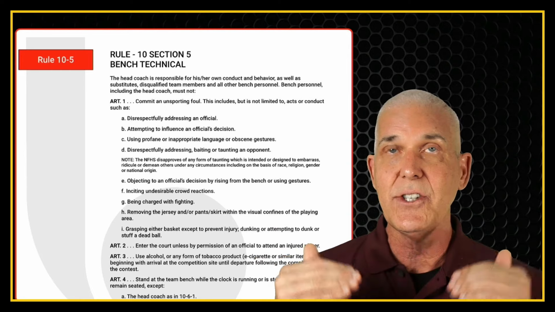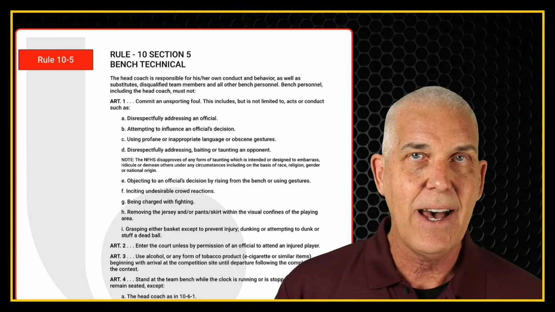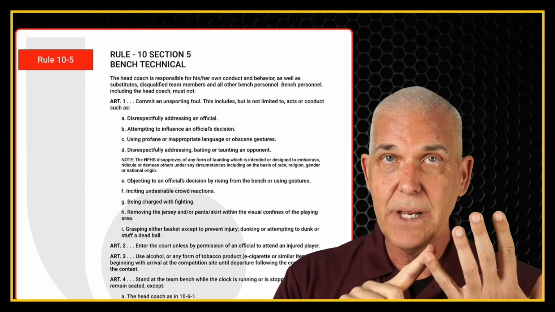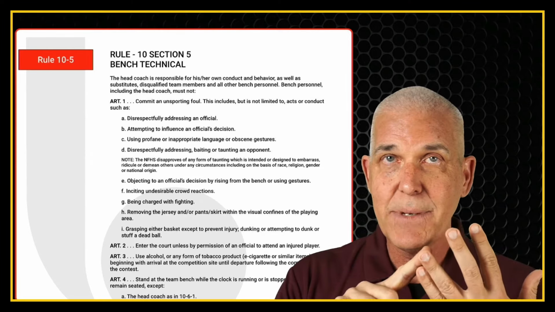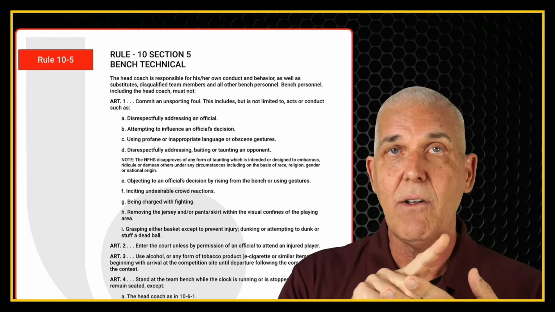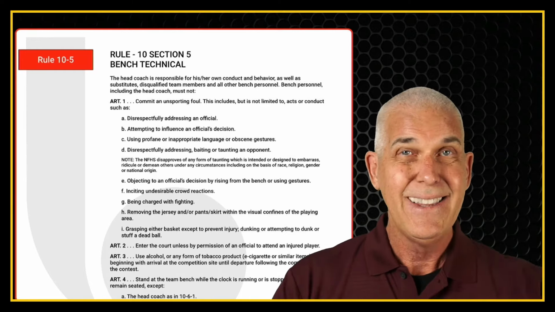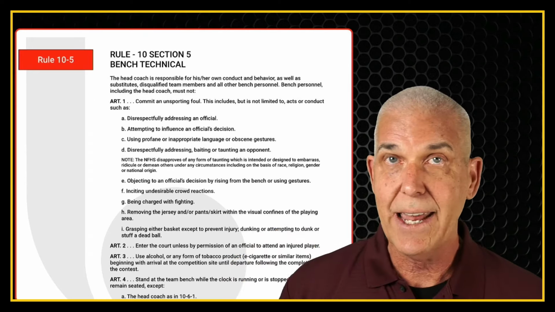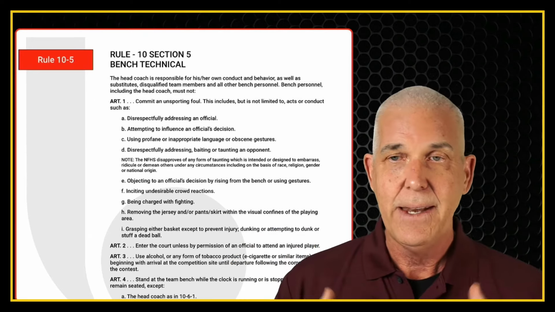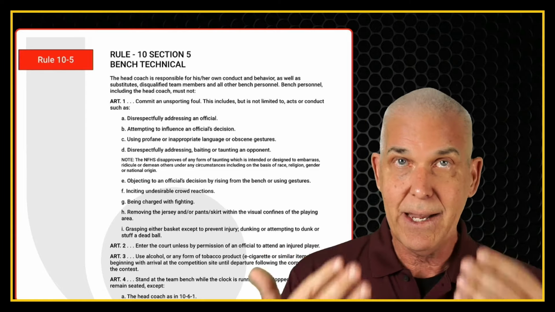We now have an understanding of each of the 5 categories of technical foul: administrative technical foul, team technical foul, substitute technical foul, player technical foul, and bench technical foul. This is an overview of those categories. We need to know which we're assessing. Now let's talk about the administration of penalties